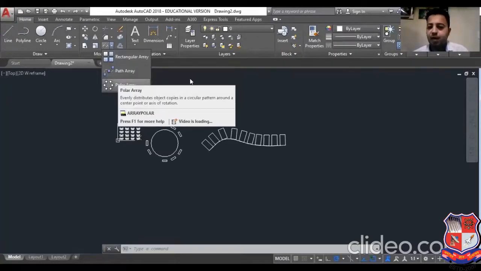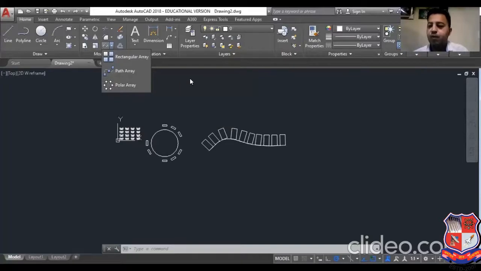Array means pattern. Rectangular creates a number of copies at regular intervals in rows and columns. Polar creates copies at regular angles in a number of layers, and path array creates copies of an object along a path. So this is all about the array tool.